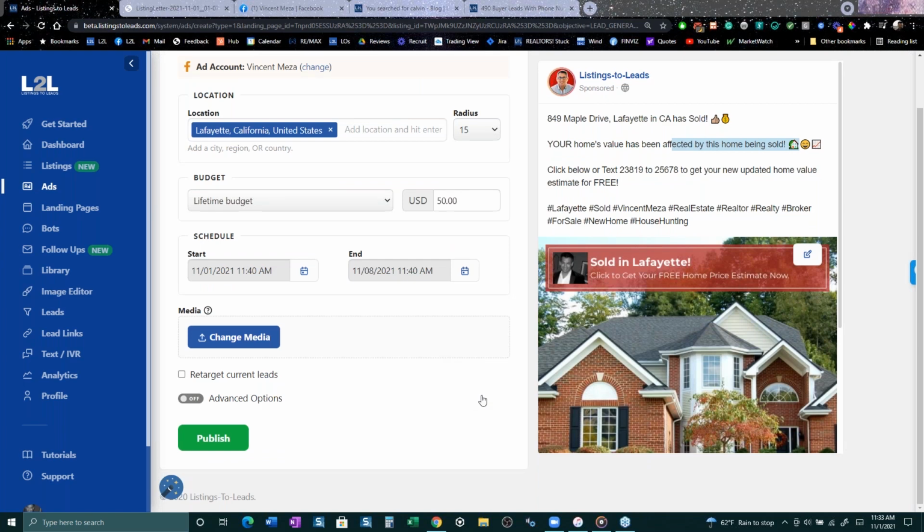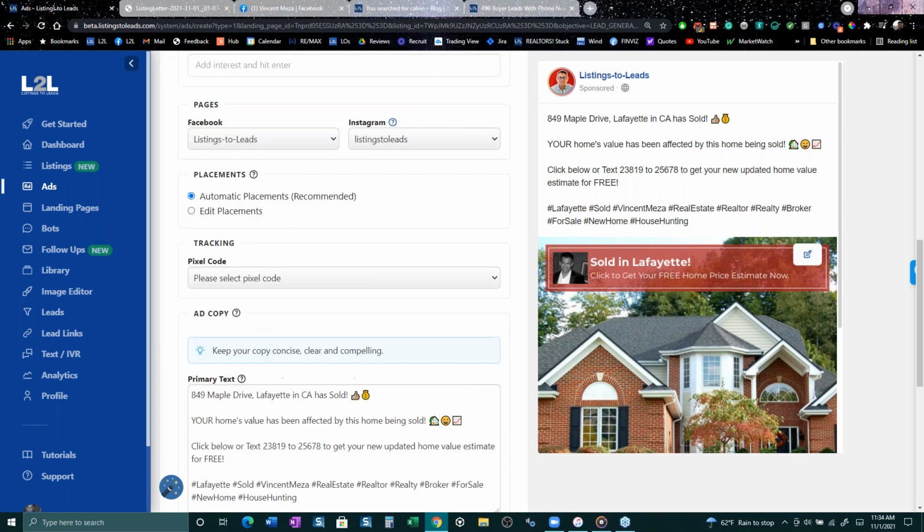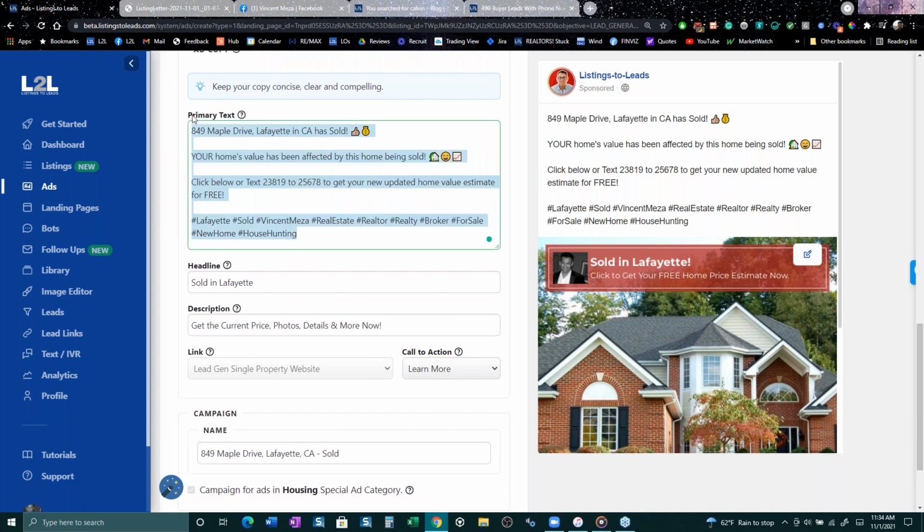And right now in this market, when most realtors sell a home, there is some really compelling information that Scott and I don't know. And you should be sharing that information. So watch what I'm going to do. I'm going to click advanced options. And I'm going to go down here where the primary text, you see this text here? This is the same text as the text over here. So if I want, I could say,